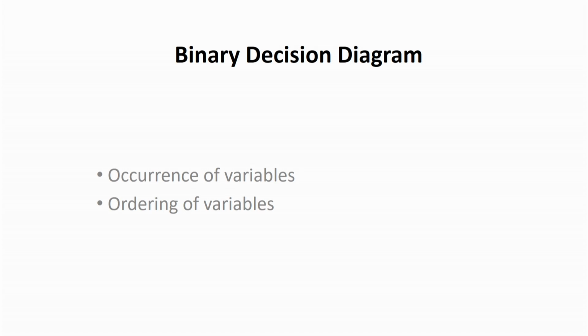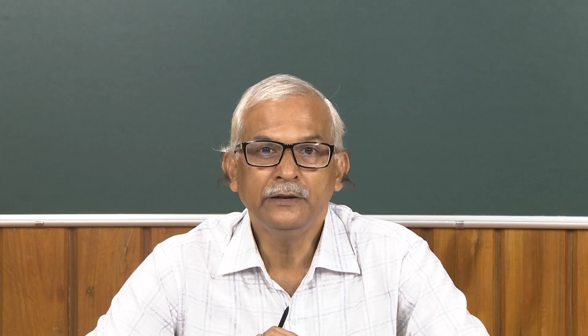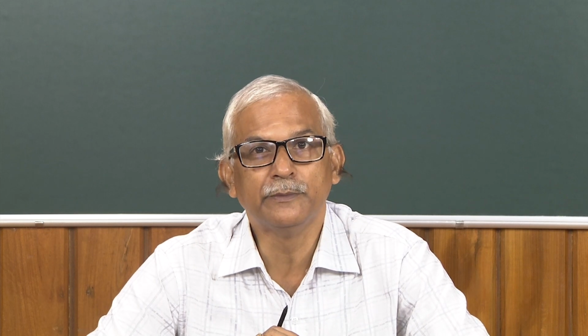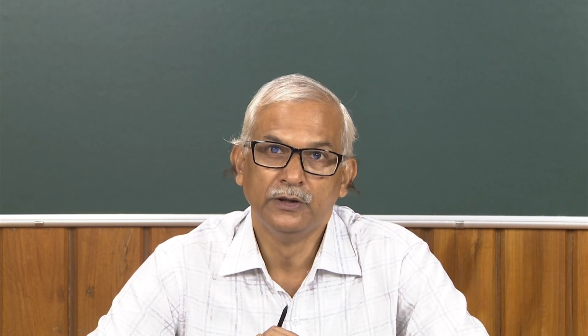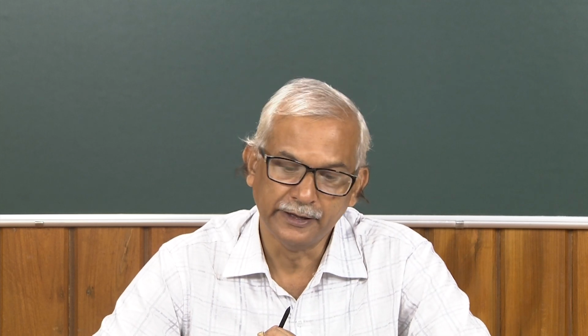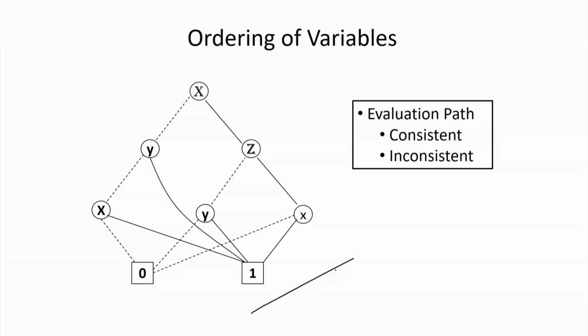Now, when we have given the definition of the BDDs, we are not mentioning anything about the ordering of the variables, that means in which order the variables may appear, and the occurrence of the variable. How many times a variable can occur in the BDD? Say x is a variable, then how many times x can occur, or in how many levels x can occur. We are not mentioning anything about these issues while defining the BDD. So, with respect to the given definition of BDDs, we have to accept this one also as a BDD of some given function.